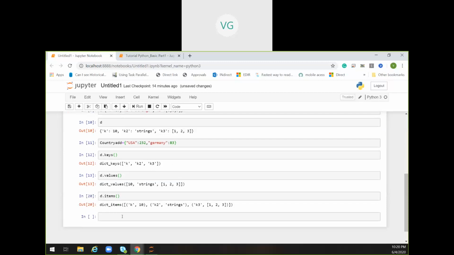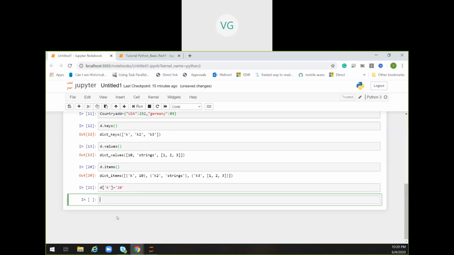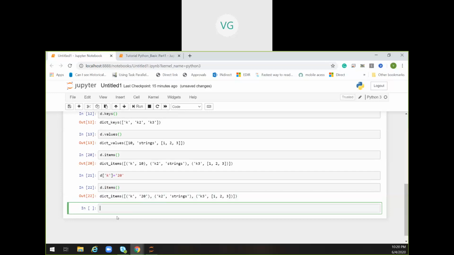We have value k, right? So again, I'm going to assign on k. Let's experiment. Okay, I'm assigning on k again, with a different value, but still it's showing no error. Oh, okay, see,